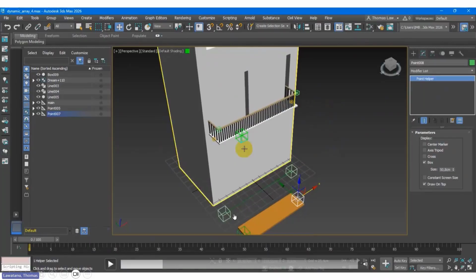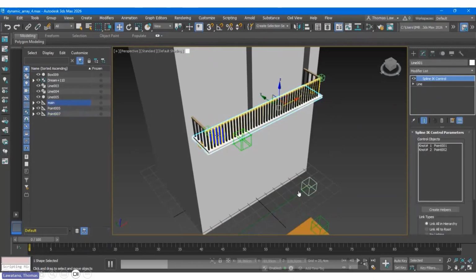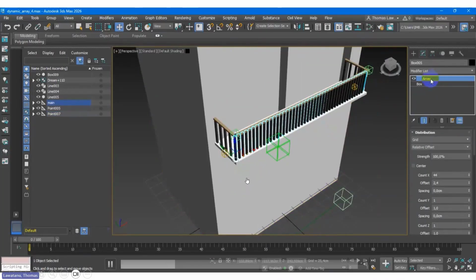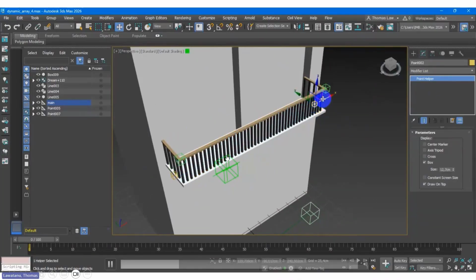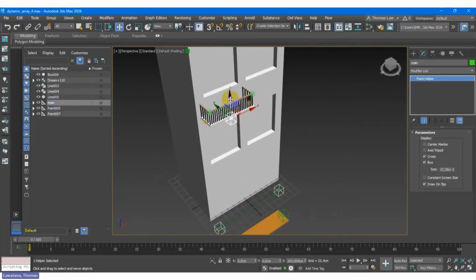I think first, this is the spline. That's why with the spline, you can display it as a box, right? So we not only put the spline, but when you see right now, this is adjustable by using array. This will be multiplied. Again, this is very helpful when you create the balcony.